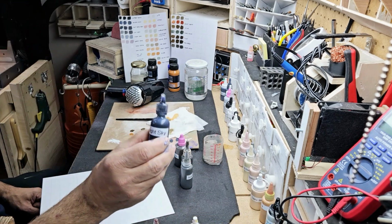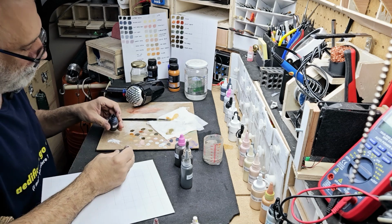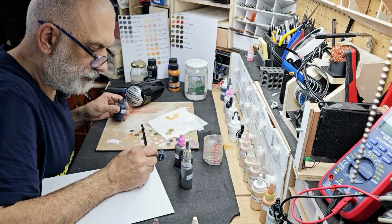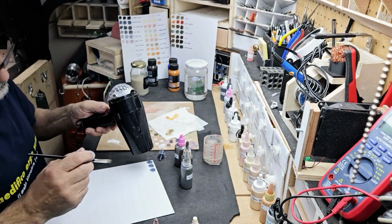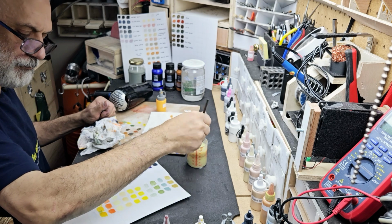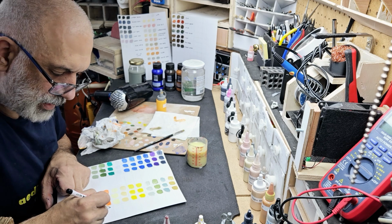Okay, this one I call Night Sky. It's going to be a blackish blue. I'm not sure. Let me get it from here, actually. So, melon, cadmium,